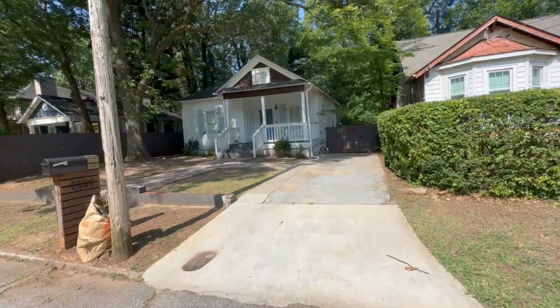Something to remember is that these are bungalows. They're not going to be huge homes. You're going to find homes probably in that 1500 to 1800 square feet range. And a lot of them are not going to have garages. You can see right here, driveway,